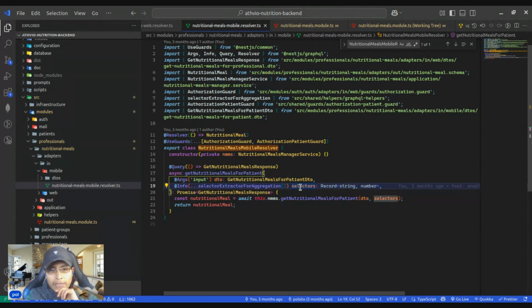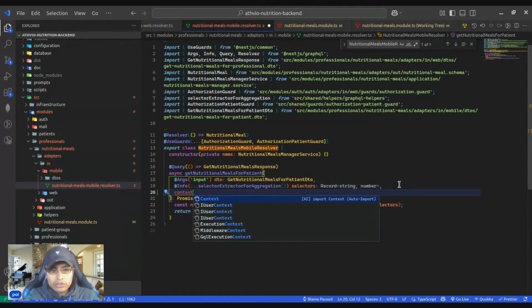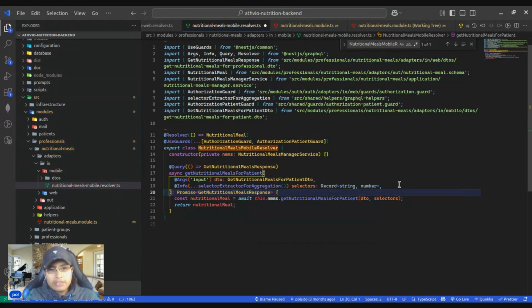The same applies to the context. In this case I don't have the context, but if I want to retrieve it, the context will equally be different for every request we receive. For that reason, we don't lose information, we don't lose the context, we don't lose the scope